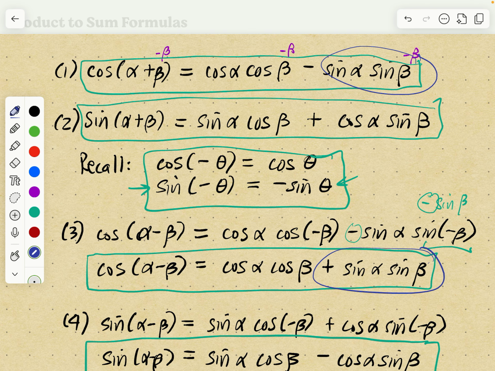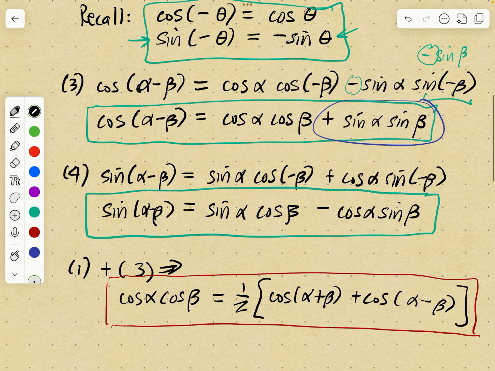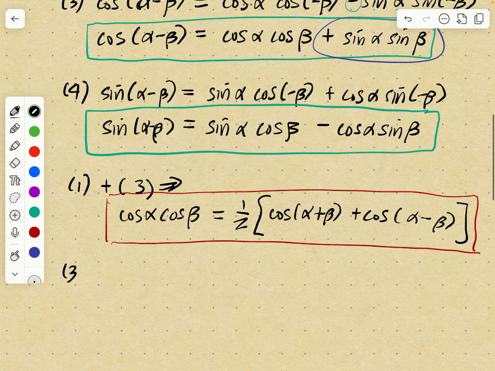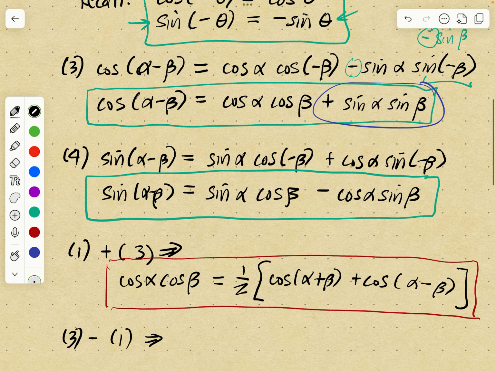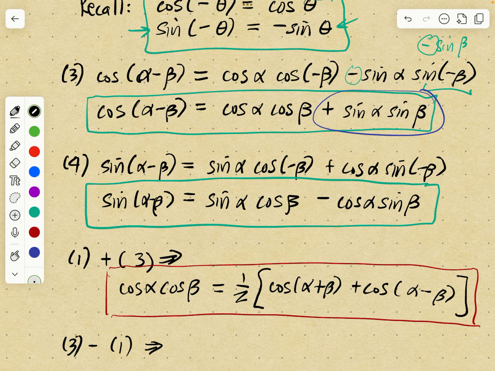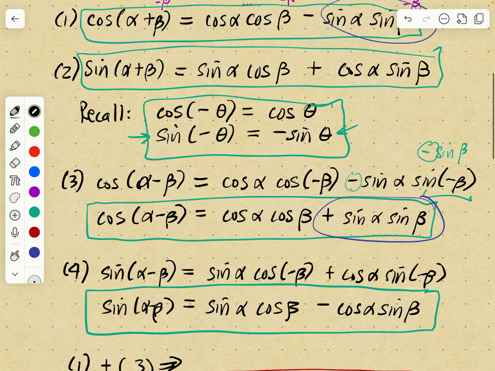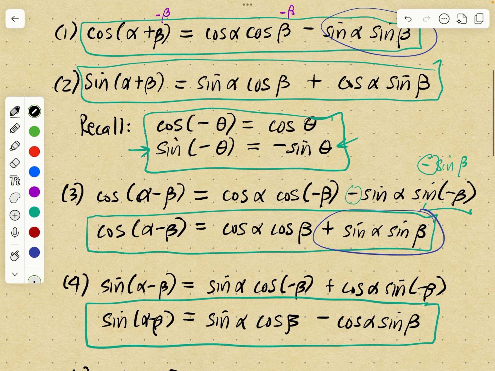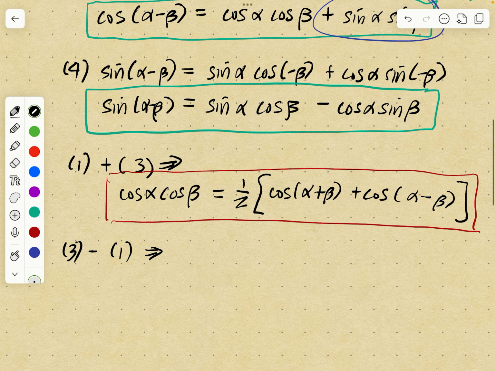So it looks like we can do equation 3 minus equation 1. So if you do equation 3 minus equation 1, what's going to happen is cosine alpha, cosine beta will cancel, and then you can divide by 2 to get the sine alpha, sine beta by itself. And when you do that, you get sine alpha, sine beta